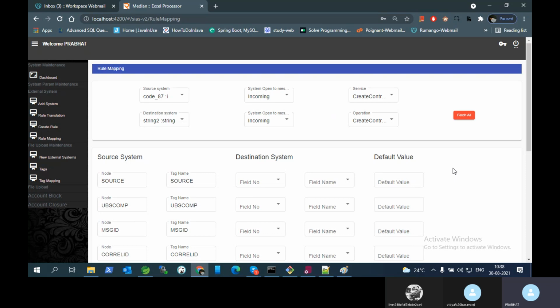And Fayaz, has Alok said anything about this new requirement? No, the new requirement is on hold, I think. I didn't get any update. Okay. So Vidya is checking these screens today. Whatever API has issues or anything new she wants, we can provide to her. And we can try to complete this one.